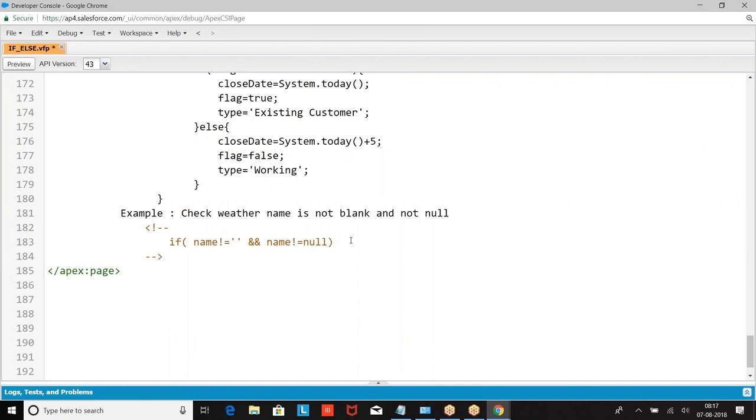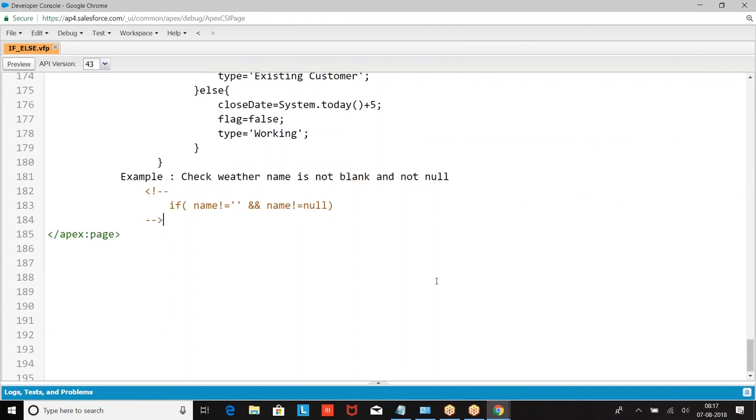I hope you are good. Am I clear with this? I hope everyone is good with writing the if else conditions. It is not a program; we are only writing logic. This will not run separately. We need to include this in a class, then only it is going to run. I hope everyone is comfortable with this.